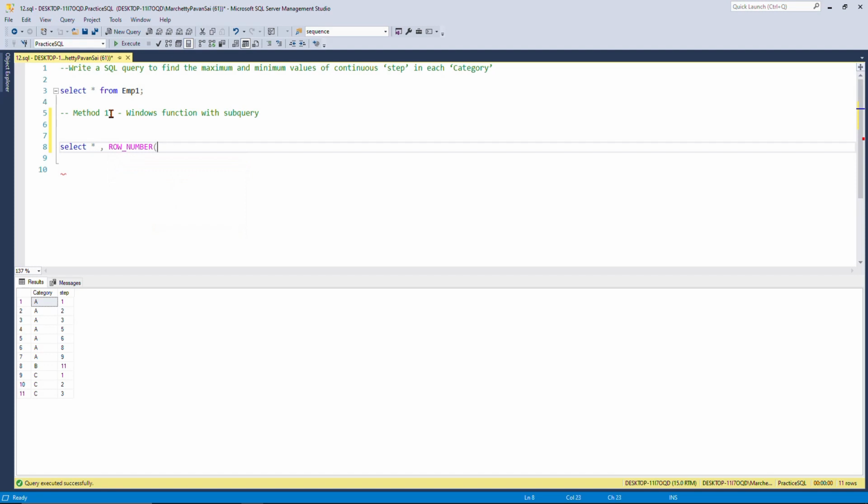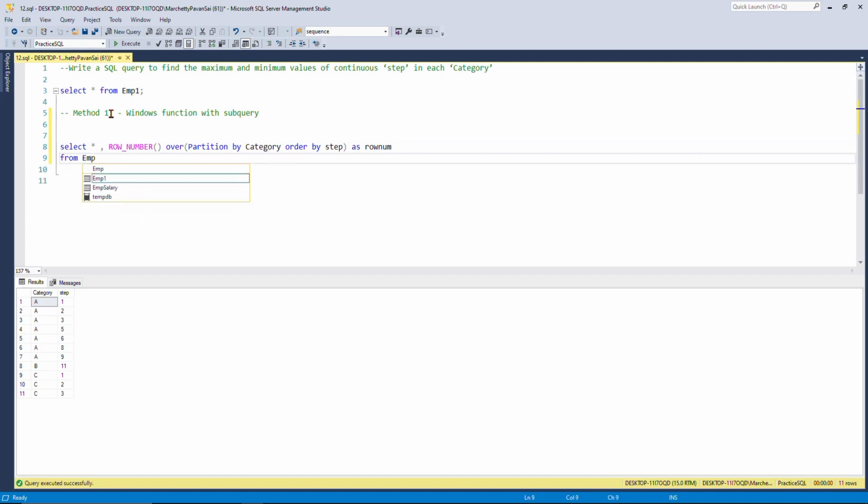We have this row number, and in the over clause I'll make the partition by category, and we can order by the step column, which is the second column, or the sequence which we have, and we can write it as row num. And from the table emp1 we can select this,